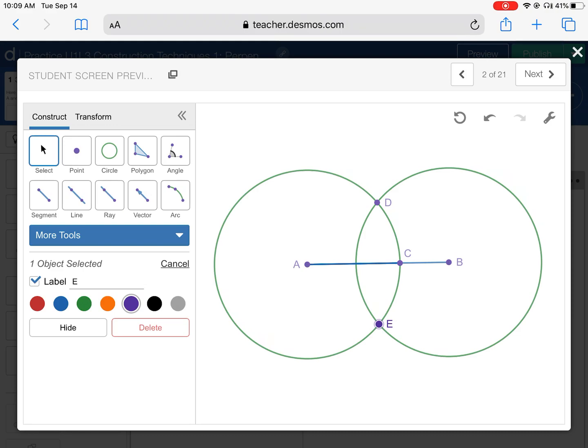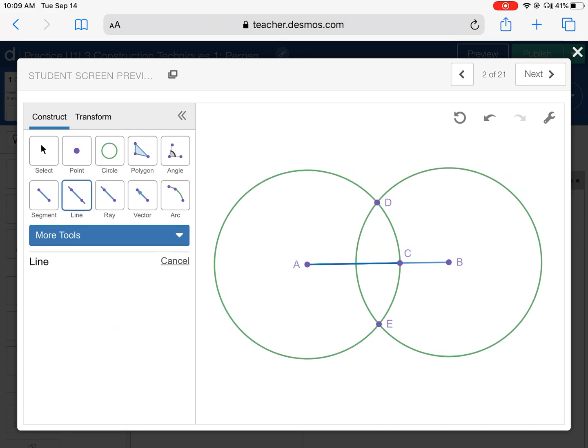And also going to make a line going through those 2 points. So now I have my perpendicular bisector. So my next step is to kind of prove that. So just because we have the construction tools, we can actually go through and show that we definitely have a